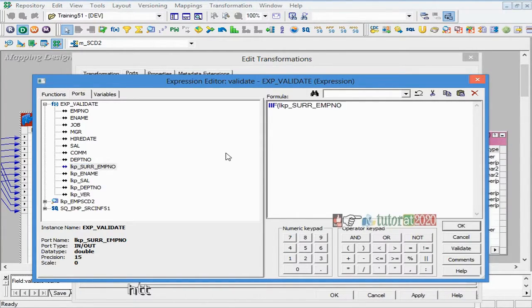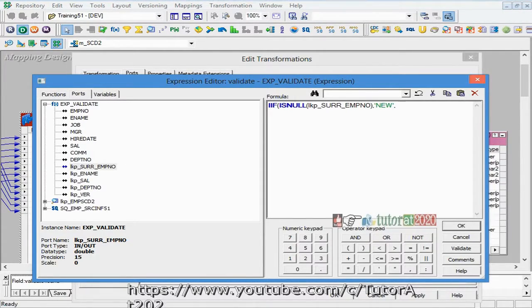The lookup surrogate key is coming from the lookup. All the columns I have mentioned with the lookup are coming from the lookup. So if it is null, then it is new.